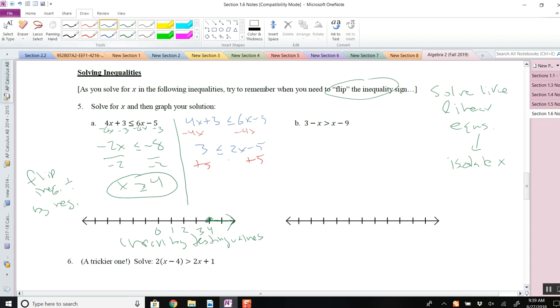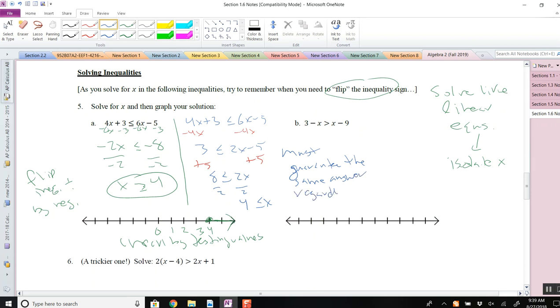Okay. And then I'm going to divide by 2. Well, what do we get? X is greater than or equal to 4. You have to guarantee the same answer. So must guarantee the same answer